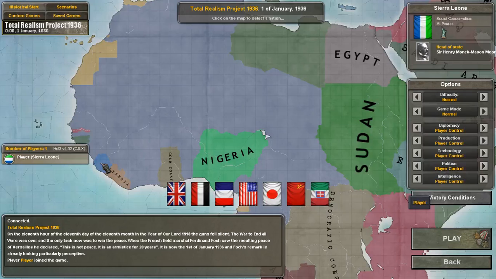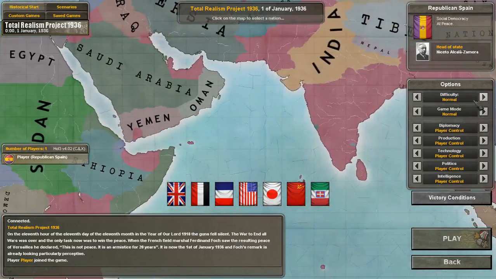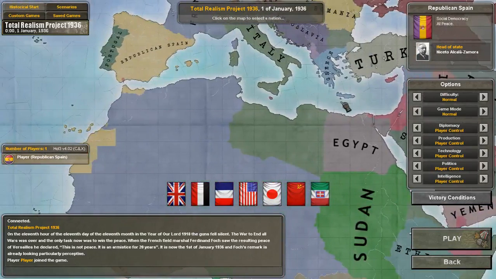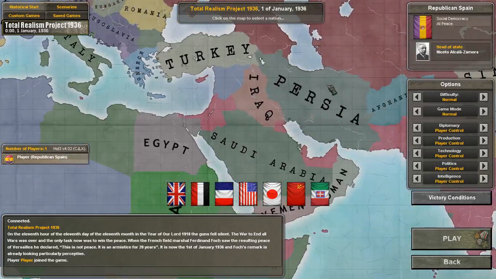Yeah, so here you got Sierra Leone. So these ones aren't part of the, that's Portugal though. Yeah, so they aren't part of the vanilla or in Black Ice, but they are in here, so that's pretty cool. Also, Iran got changed to Persia. So